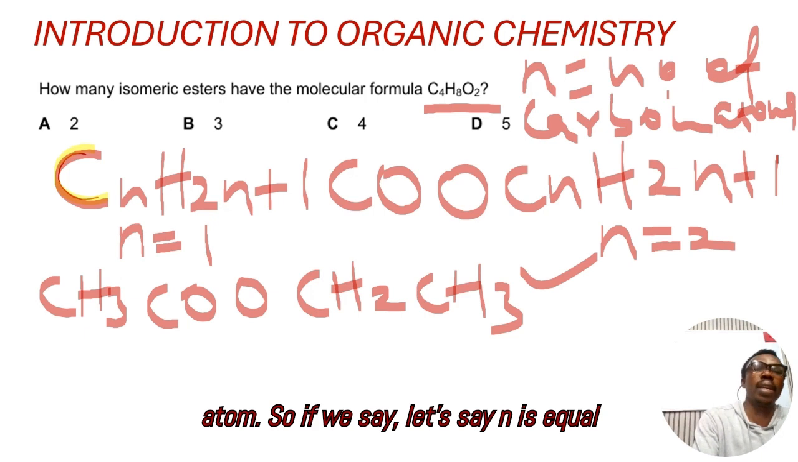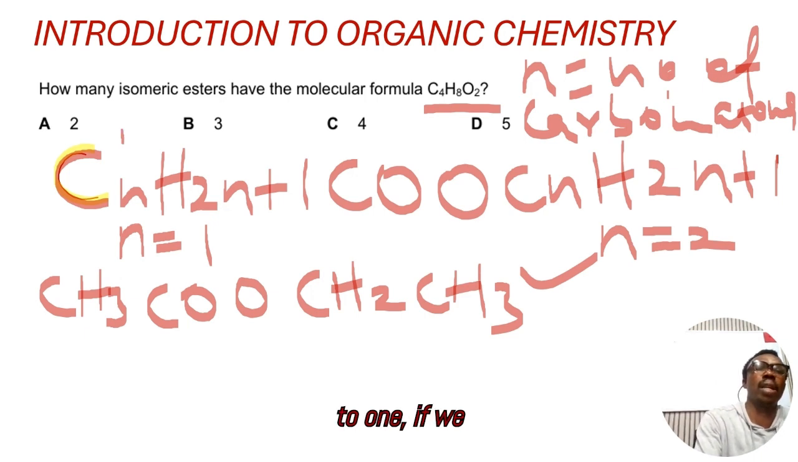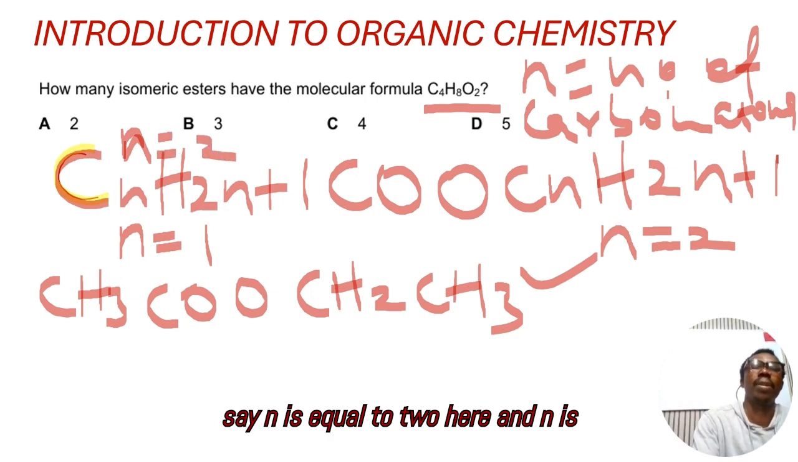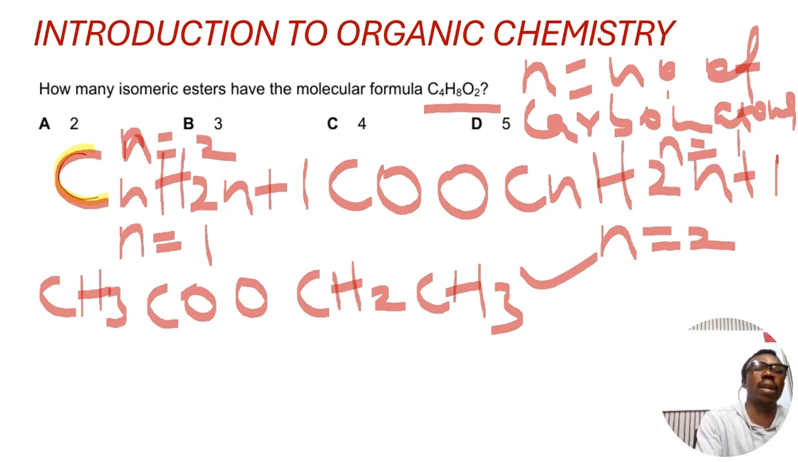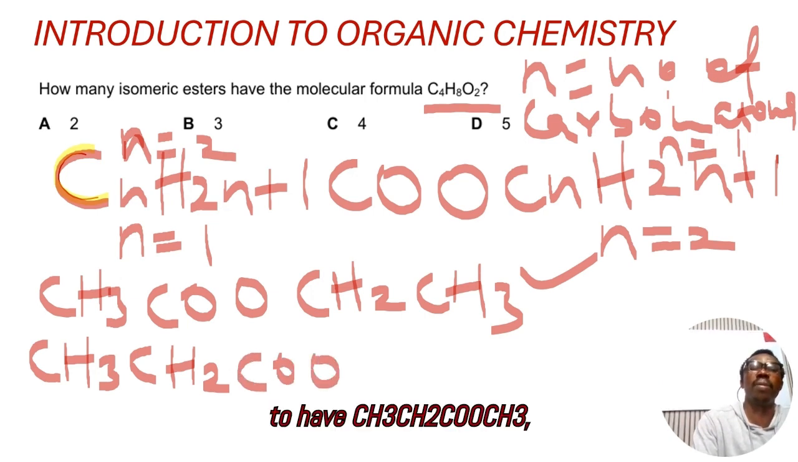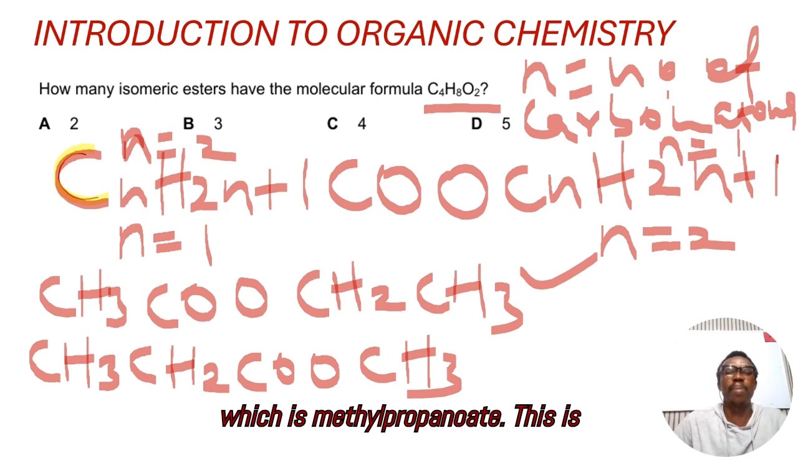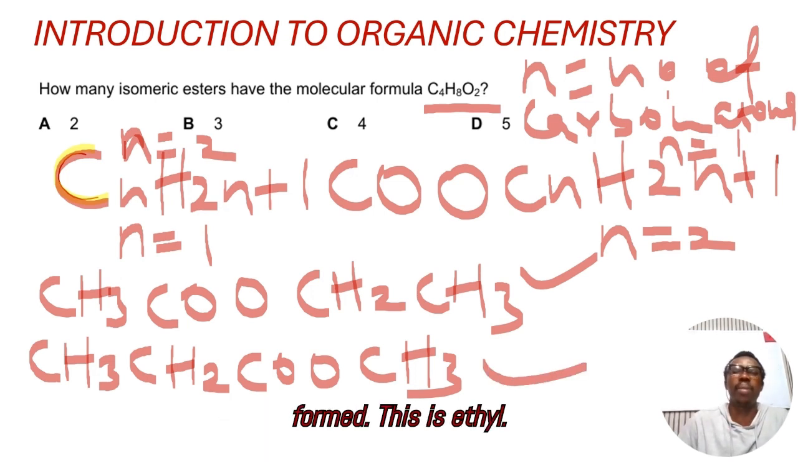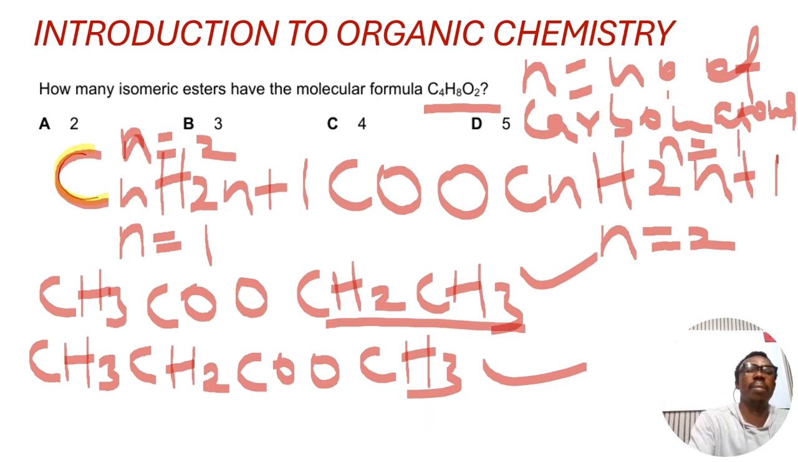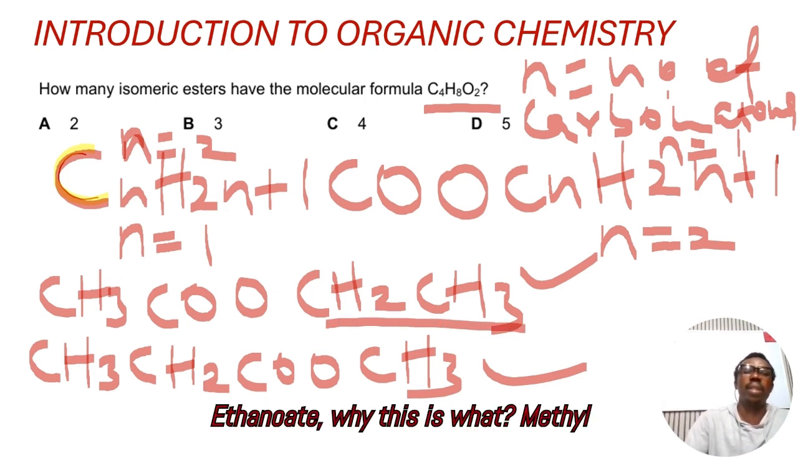Let's say n is equal to 2 here, and n is equal to 1 here, we're going to have CH3, CH2, COO, CH3, which is methyl propanoate. This is another isomeric ester that can be formed. The earlier one is ethyl ethanoate, while this is